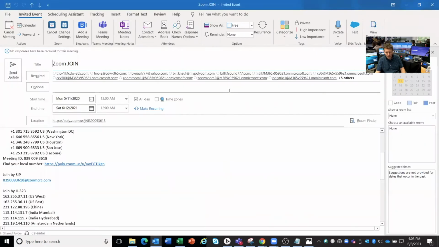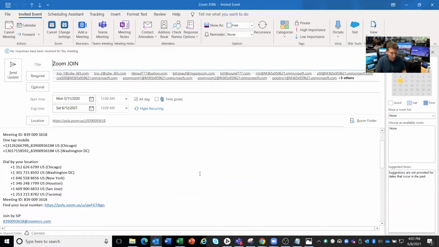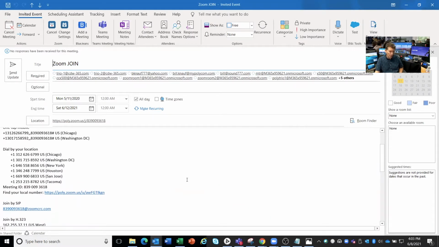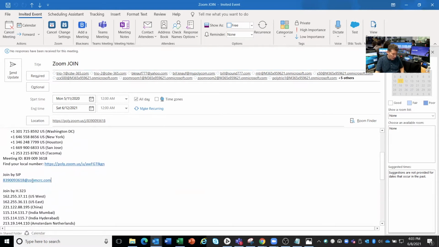So here's an example of a Zoom meeting. If you have the Zoom CRC license, which is an add-on from Zoom, then your Zoom invites will all have this extra SIP dial string added in, as well as H323 IP addresses. So this is added in, and what our service does, the Cloud One Touch Dial, is it's monitoring your room mailboxes,